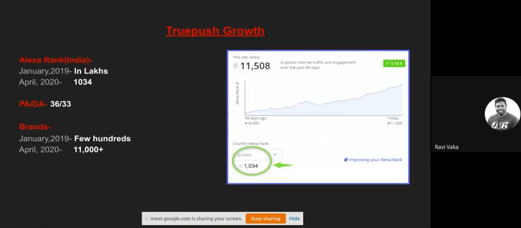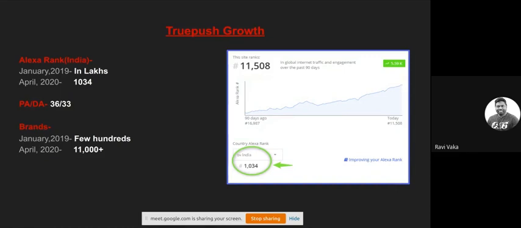Yeah, like every SaaS company, when we started, there was very little online presence, and the only challenge we had was how to let people know that there's a company called TruePush which is active and being run right now. So we wanted a strategy where we can make a difference out of hundreds of push notification companies which are active right now.